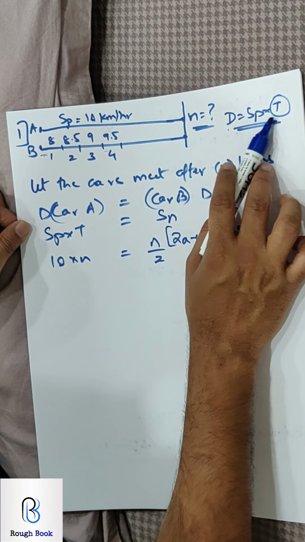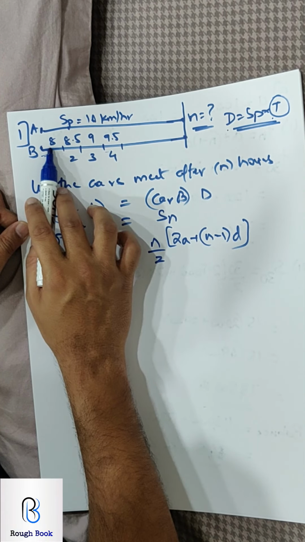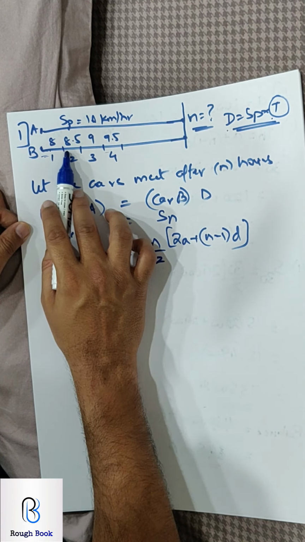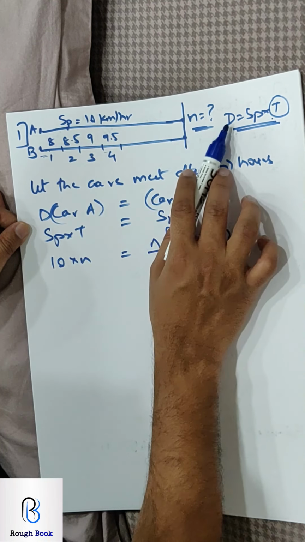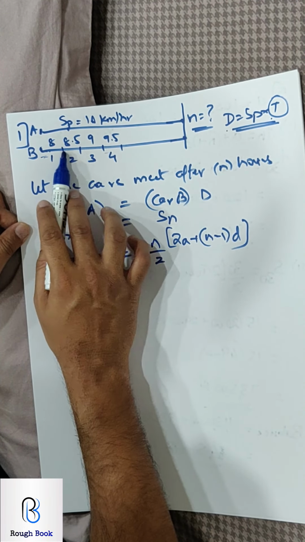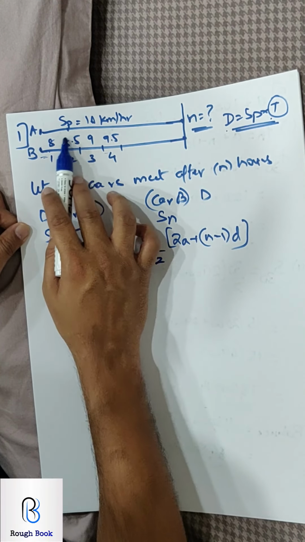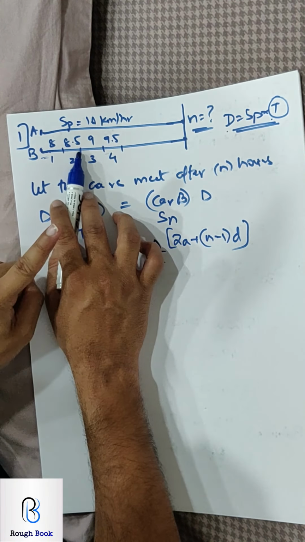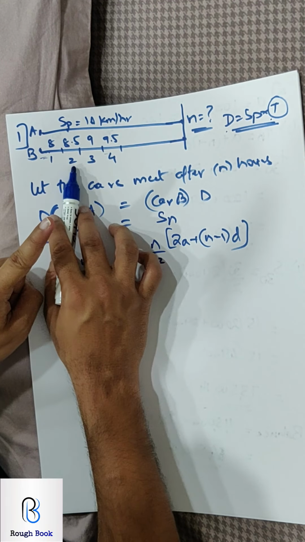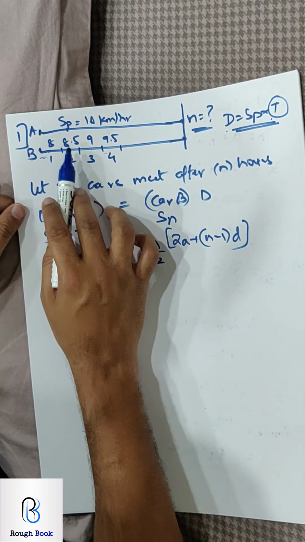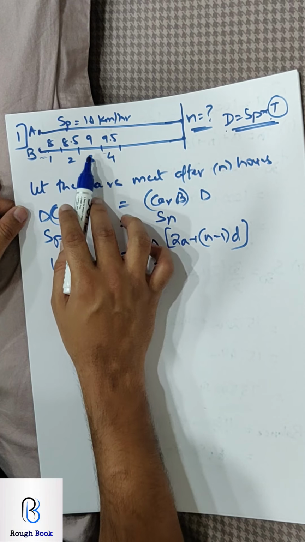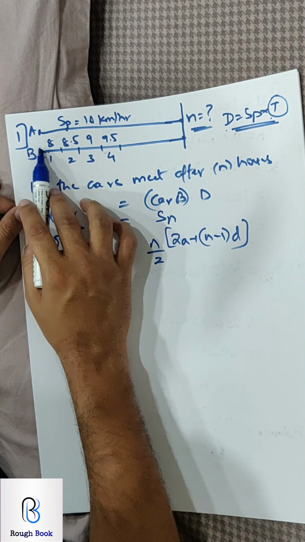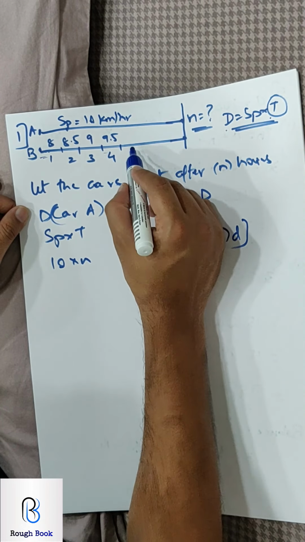So distance is equal to speed into time. Speed is 8, time is 1 hour. So 8 into 1 is 8. 8.5 is the speed. Now we are trying to calculate the distance of the second hour. So distance is speed into time. Speed is 8.5. Time is 1 hour, not 2 hours, because this is just 1 hour that the car is traveling. It is the second hour. So 8.5 into 1. Likewise 9 into 1, 9.5 into 1. So all are into 1. Basically all the numbers I need to add.